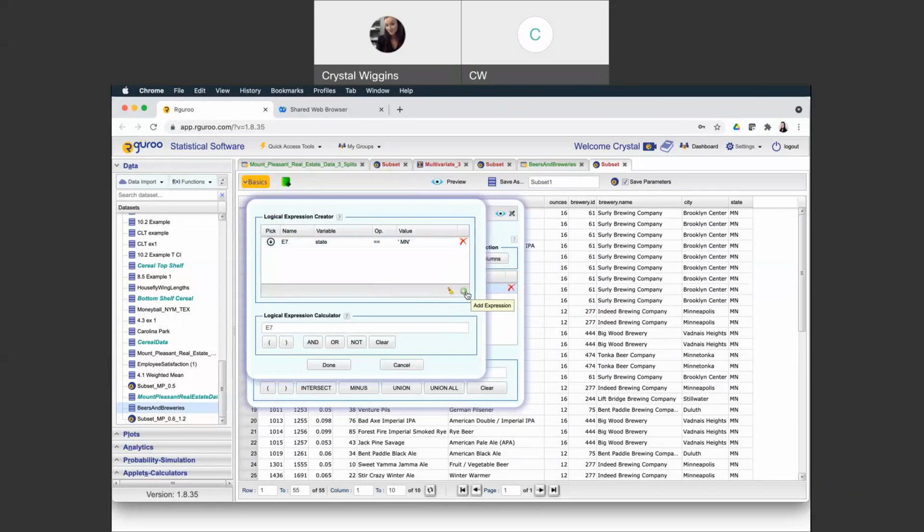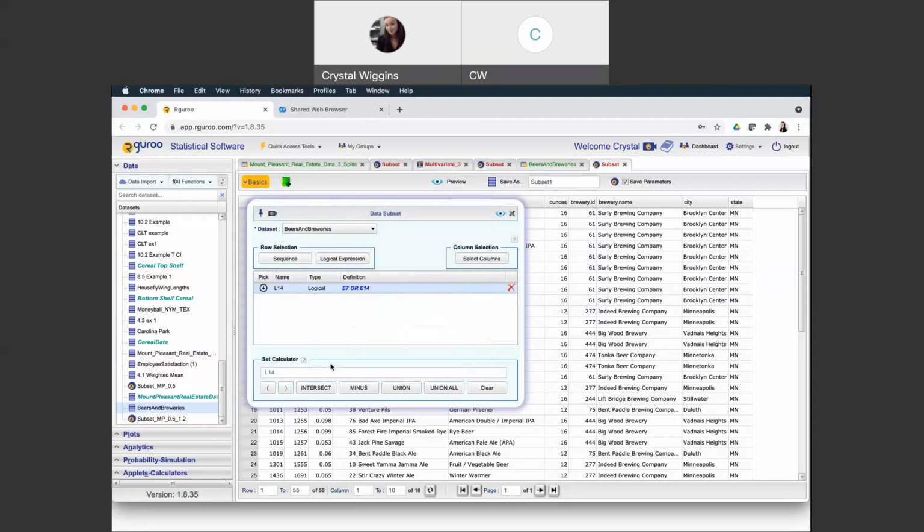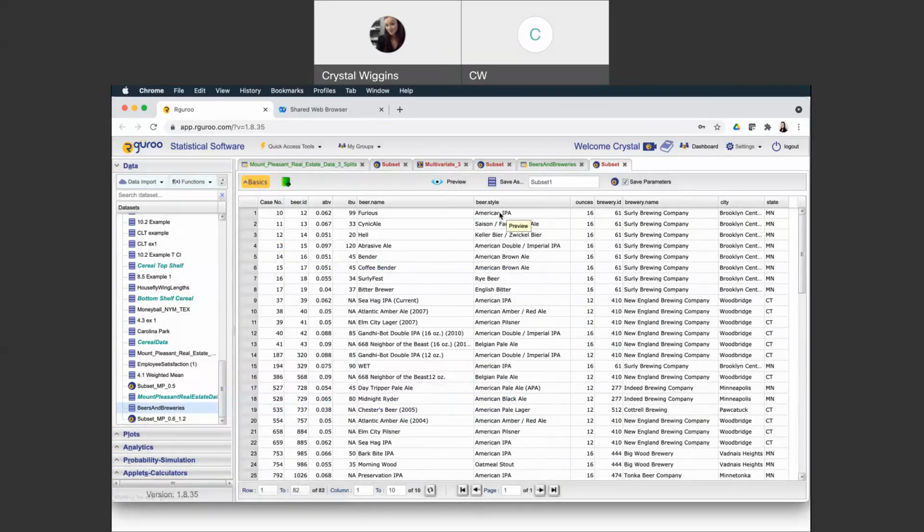is empty. So now that I've realized my mistake, I am going to put state equal to Connecticut, but instead of writing an and statement, I am going to write that it is going to be, I double clicked on E7. I am going to write that it's going to be an or, Minnesota or Connecticut. Makes a whole lot more sense. Ah, there we go. So we need an or statement when we are trying to find a subset with one